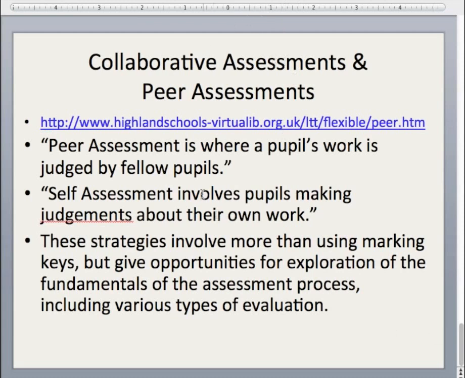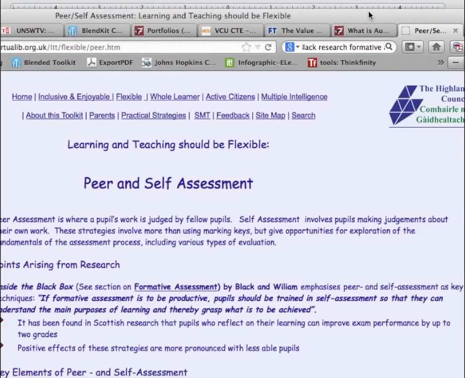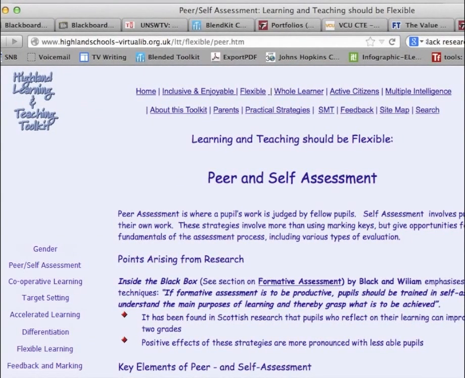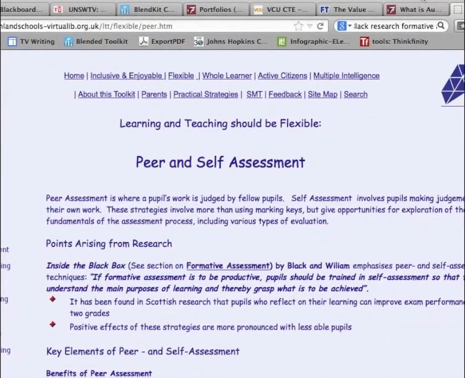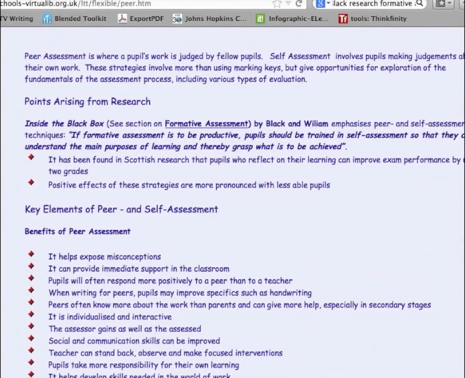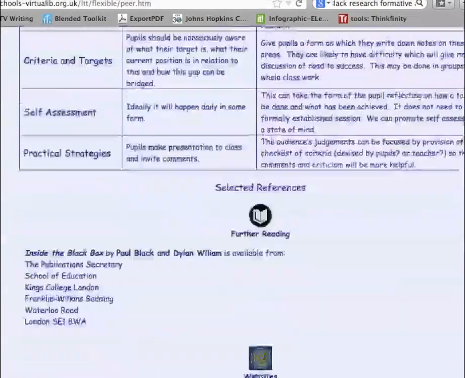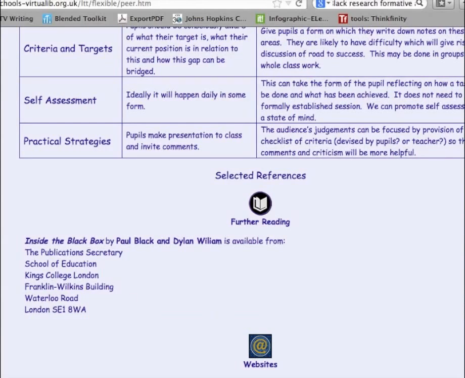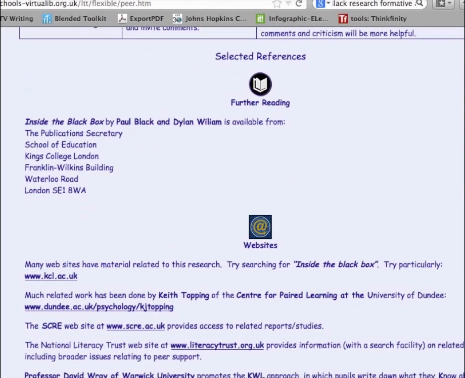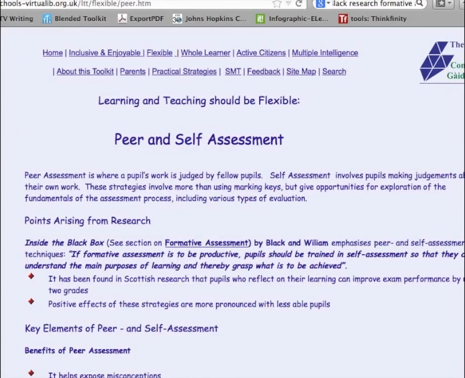At this point, peer assessment, self-assessment, well, you're going to be visiting this really lovely page from Highland School's Learning and Teaching Toolkit. There's a lot of really wonderful information on this site. Not so many links, but a great rubric and a couple, you'll notice this actually is British, but it doesn't read with an accent. Ha ha ha. There's only a handful of links here. So this one is not going to take 3,000 hours of your time, but it's very nicely grounded,